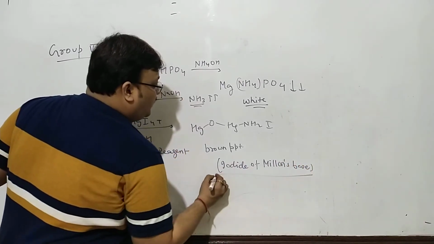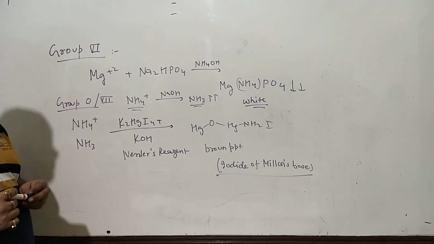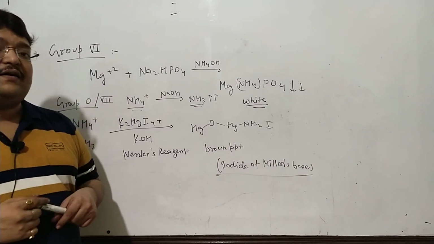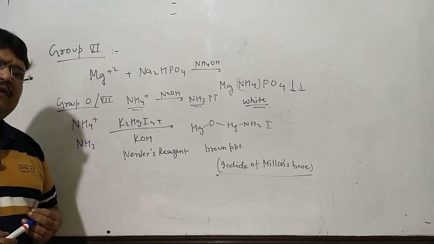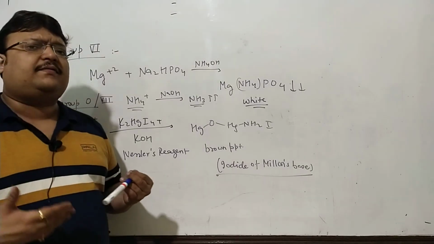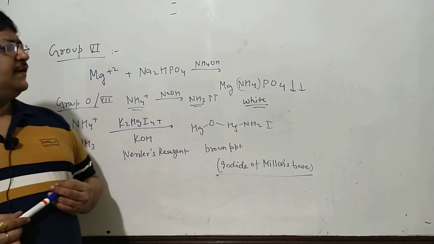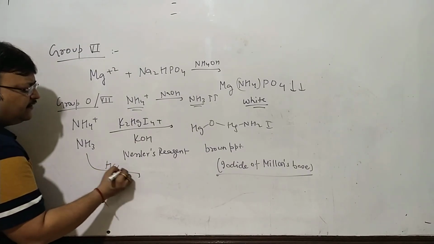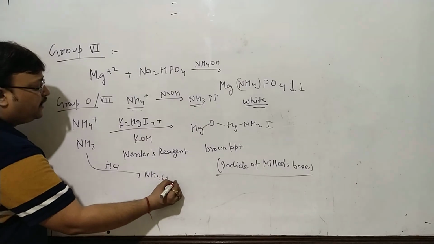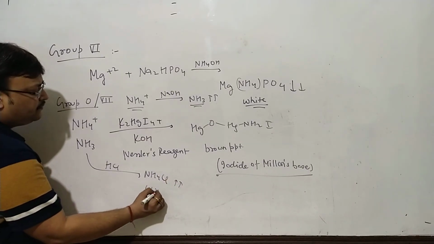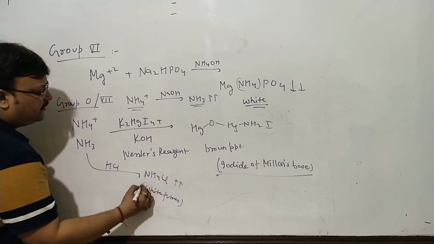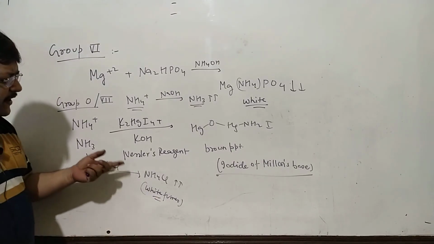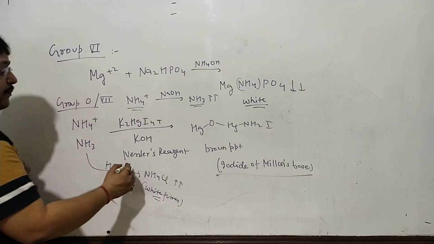So with this we have completed the test, the popular test, the most common test of all the radicals in our syllabus. Please keep this in mind, please recall it, please revise it several times. And a test like ammonia with HCl giving you white fumes of ammonium chloride, which settles down white, is very trivial. You know it before class 10. So this is a very trivial common test. This is a more popular test.